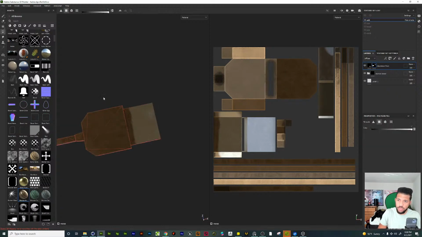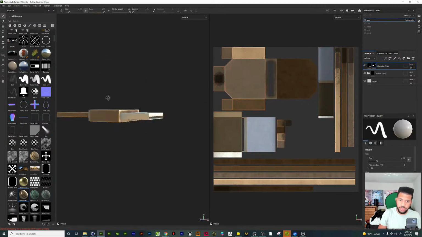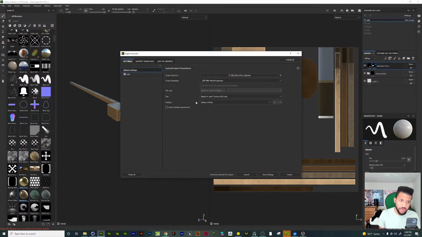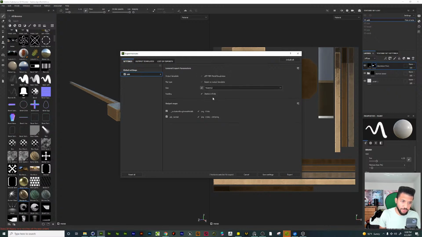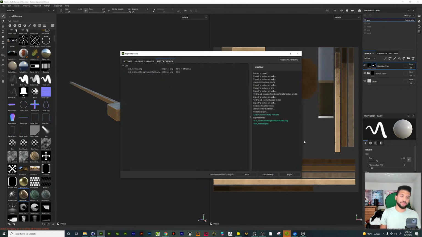Or let's just do that same trick as before. Okay, USB cable is painted. Then we're going to go to File, Export Textures, and I'll just keep that as the GLTF. We might just change that resolution down to 512 and save this into the USB folder and hit export. Whew, a lot of steps,